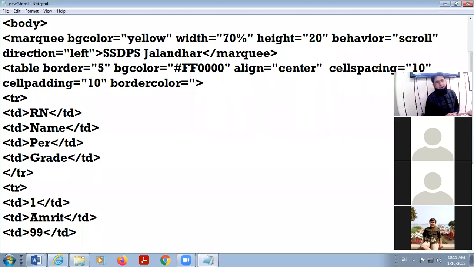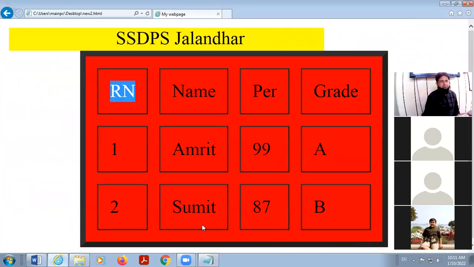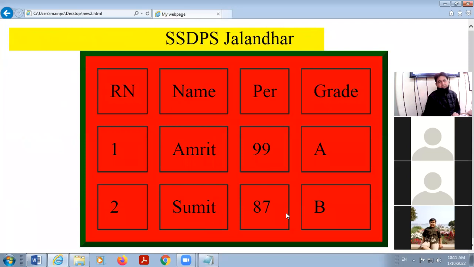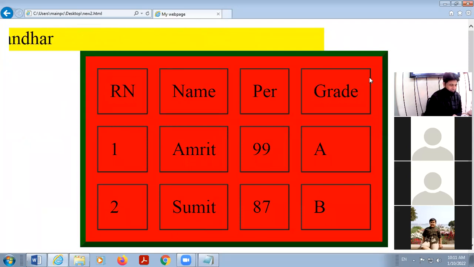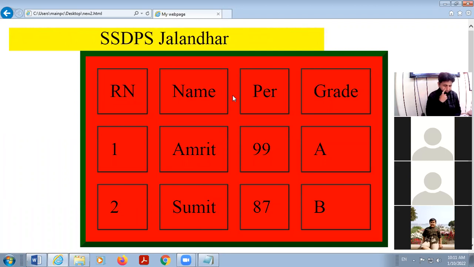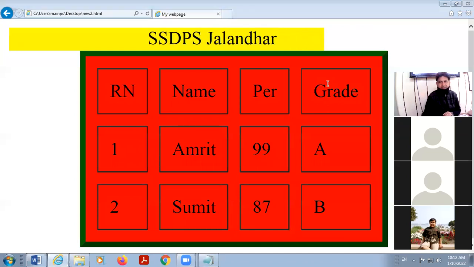Suppose I want to give border color green. So I am giving border color green. Here by default border color is black. So here border color is green. Students, any doubt in this? Concept is clear.